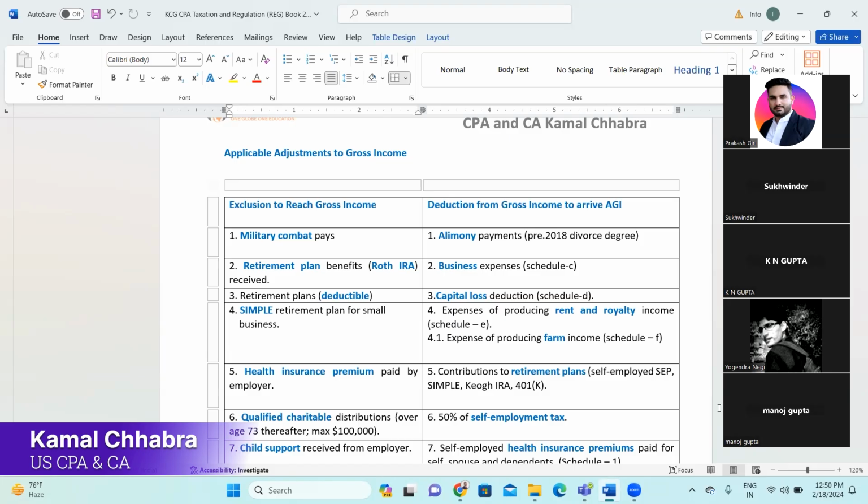But after 31st December 2018, for any divorce decree received after that date,